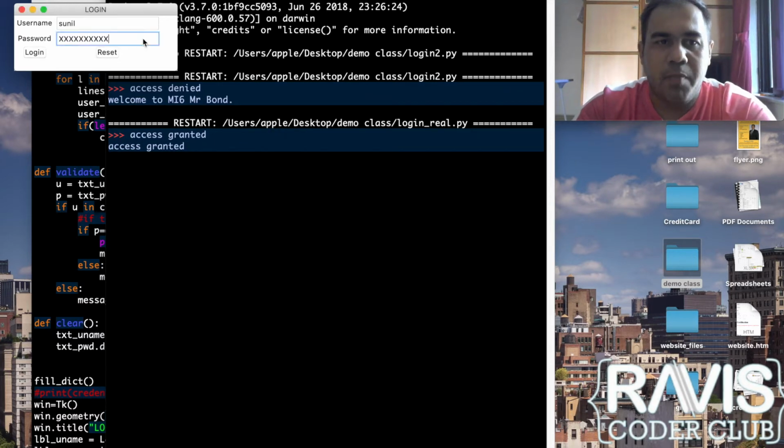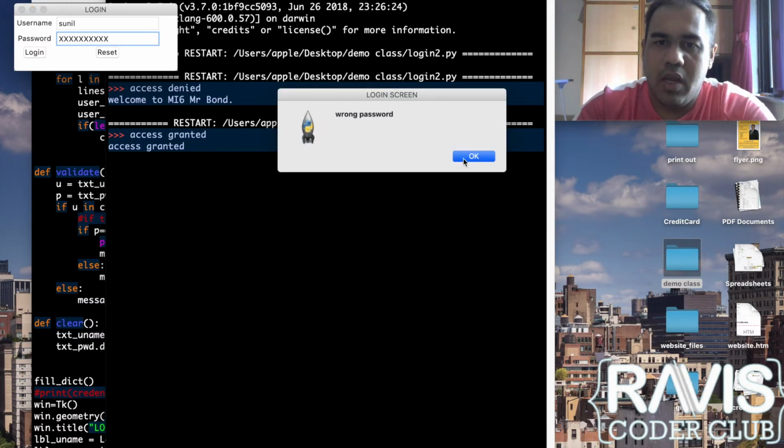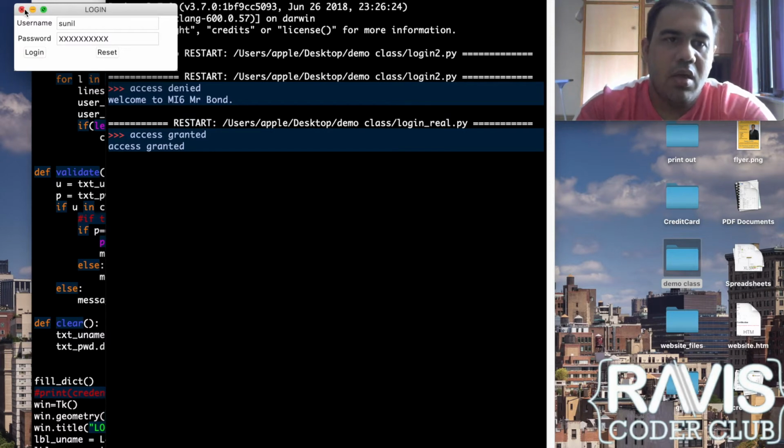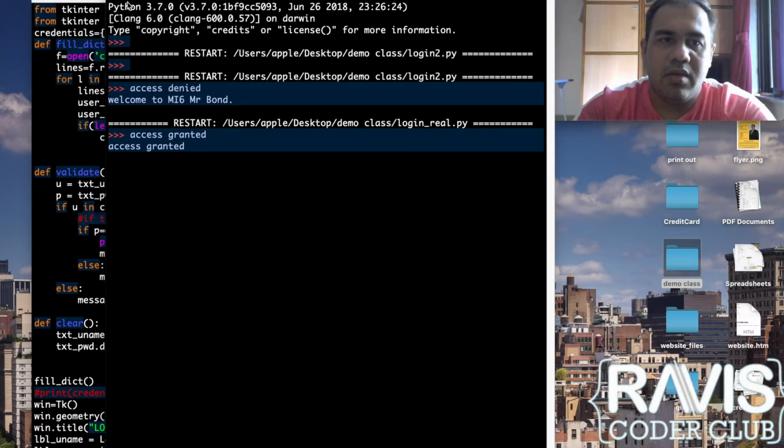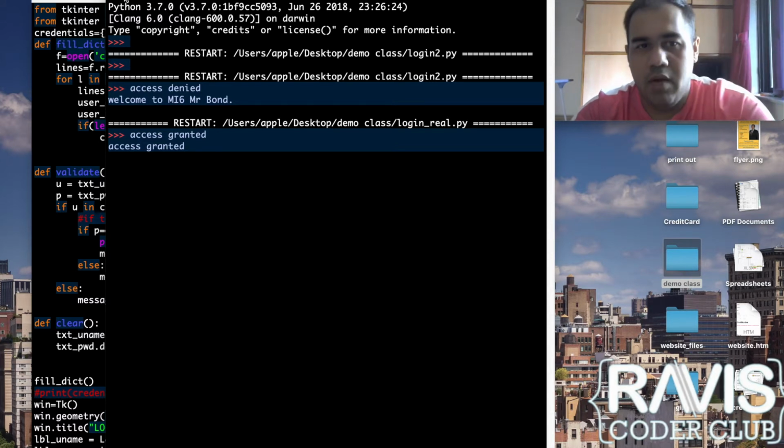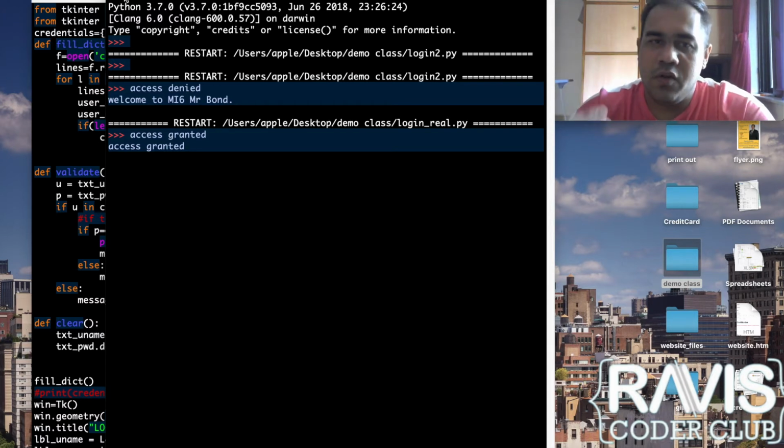Now if I change the password, username is correct, password is wrong, and I log in, it says wrong password. So it's giving me very good messages. Okay, so that is very nice. This is a basic UI I've used to create a login screen wherein you can really log in from what you've done. So let's say now you are not registered to the system and you want to register yourself.